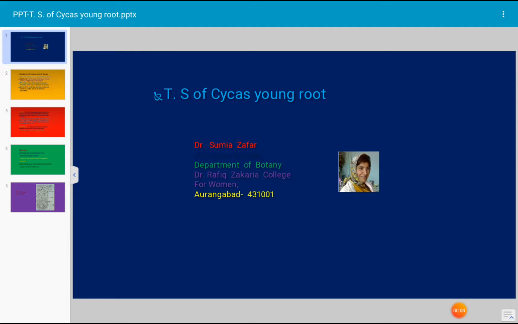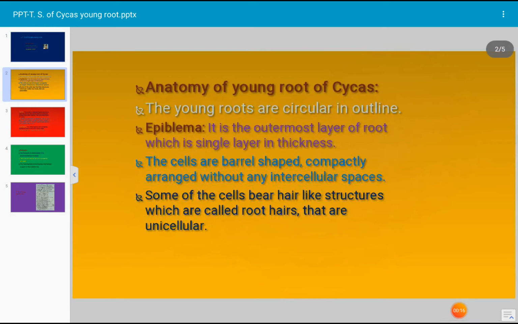Today's topic for discussion is anatomy of Cycas young root. Anatomy or transverse section of Cycas young root. Let us see the details. The anatomy of young roots